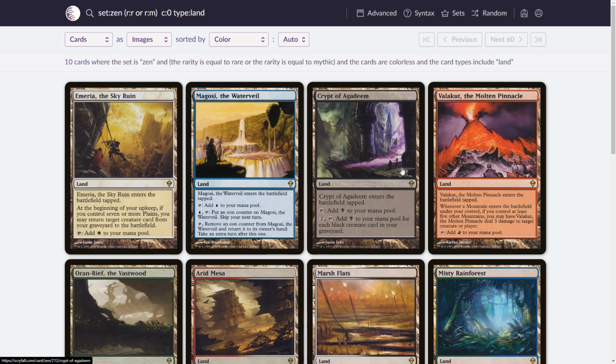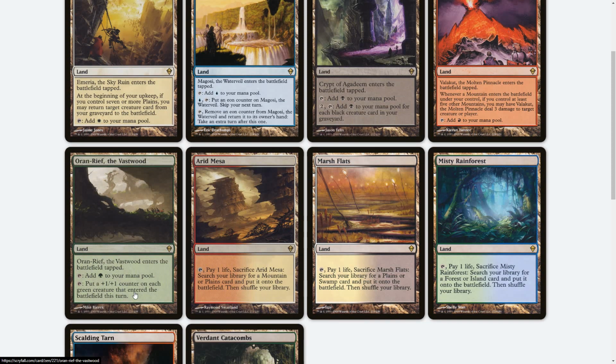The black one has a filter effect which scales off of black creatures in a graveyard. This interesting one, the Valakut, if you have at least 5 other Mountains, it deals 3 damage, and the Reef does stuff with counters. So with these,